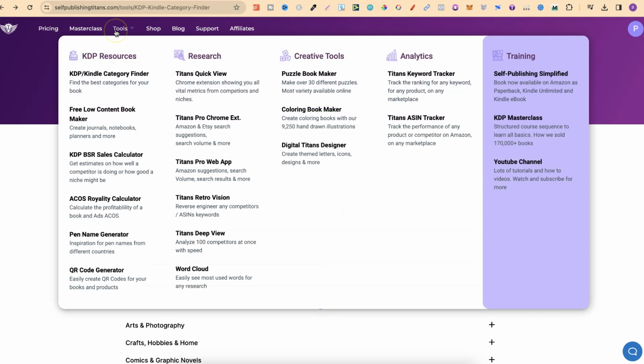But nonetheless, they have lots of great tools. Come through and check them out. I will leave a link for the category finder down in the description below. Now, as you can see, they also have a pen name generator. So if you struggle coming up with pen names, then come and check out that tool and the QR code generator as well. So, as you can see, they actually have lots of free great tools that you can use in your self-publishing